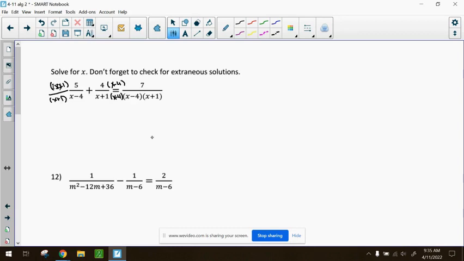Now we're going to solve across the top. I am going to list my restrictions. X cannot be equal to negative 1 or positive 4. So I know that if either of those answers come up in my solution set, I don't count them. Now we're going to distribute across the top. So 5x plus 5 plus 4x minus 16